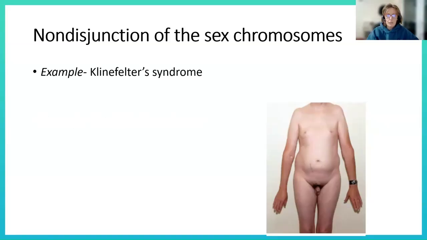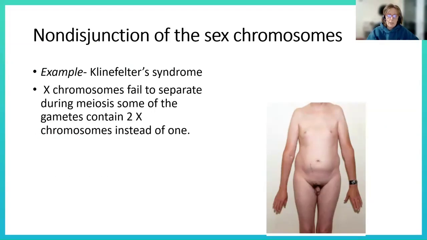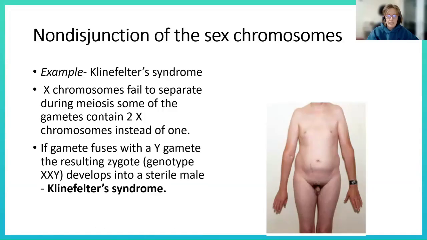So here's an example, Klinefelter syndrome. What happens is the X chromosomes fail to separate properly during meiosis again, so formation of the gametes, the eggs and the sperm. So one of the gametes contains 2 X chromosomes instead of 1, and this double X chromosome containing gamete then fuses with a Y gamete, and the resulting zygote that forms is then XXY and develops into a sterile male with some quite female body shape characteristics